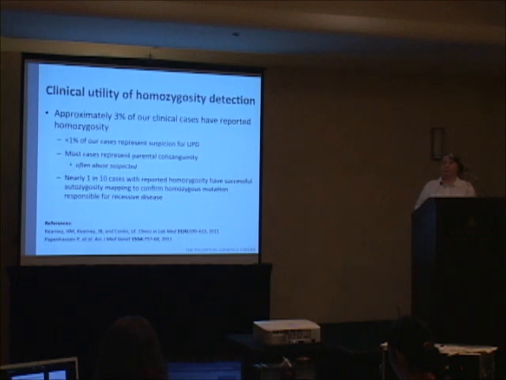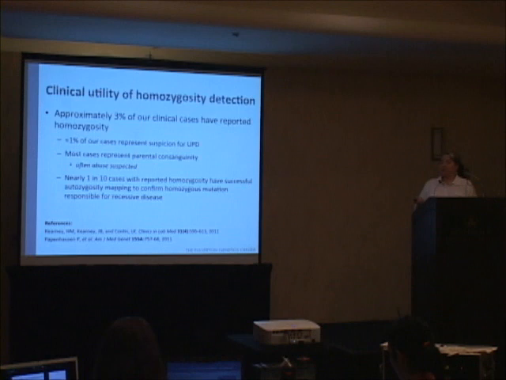And when we launched our SNP array, we thought that UPD was going to be the big bang here. That was why we adopted a SNP array in the first place, to search for UPD. But what we were not prepared for was how many of our patients had parental consanguinity. We were not prepared to report it, we were not prepared to interpret it, and we were not prepared for the very exciting diagnostic field that came from subsequent autozygosity mapping. And I will talk about this a little bit.